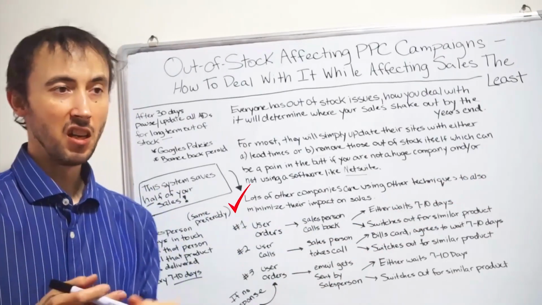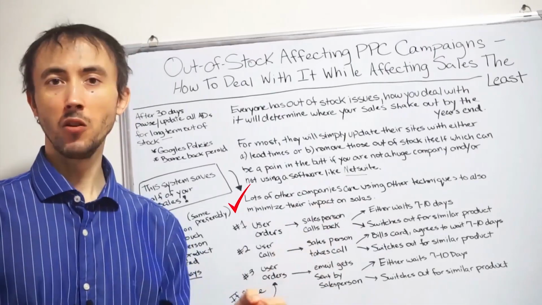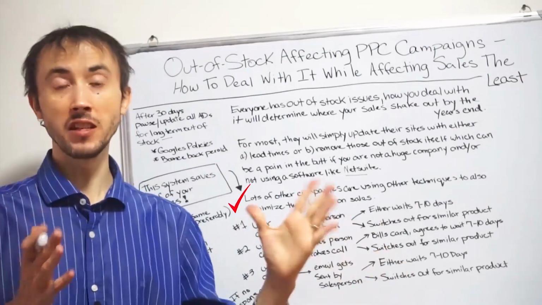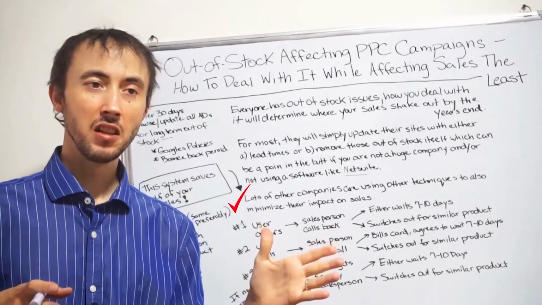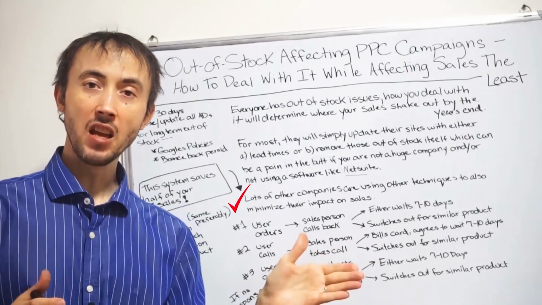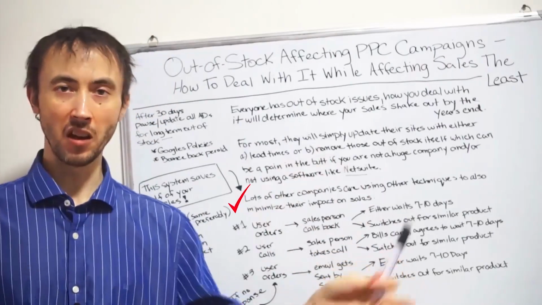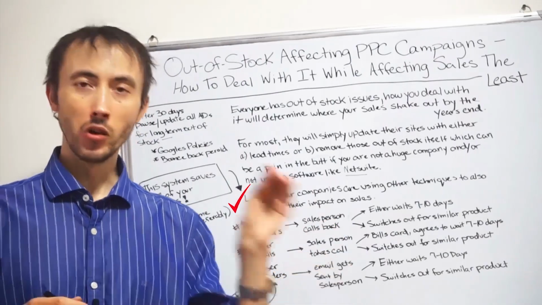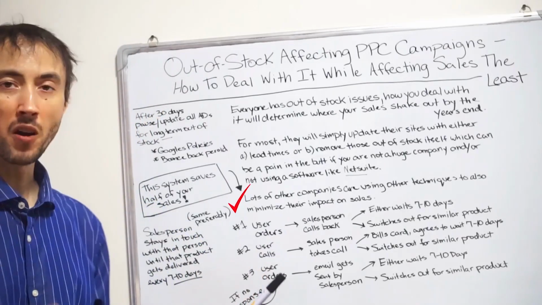That's easy to do. If you sell 3 items, one's a car tire, one's a windshield, one's a seat for a car, they're totally different. In that case, obviously, I don't want to say this method is going to work nearly as good. But if you actually have another tire, this method should work for you the way that I'm describing it here. So it can be just a different item that's similar, or a different color or different size. This method will work for any of those different scenarios. But that's the first part of this 3-part plan.